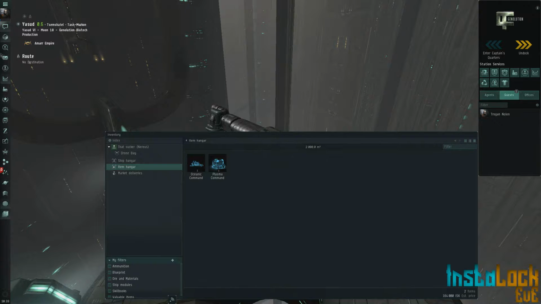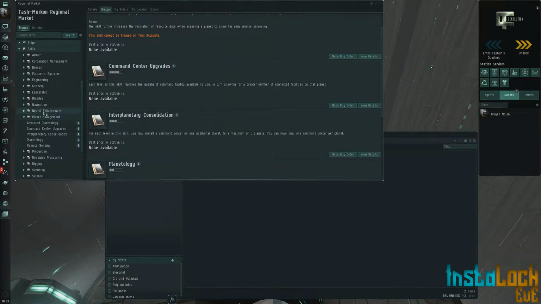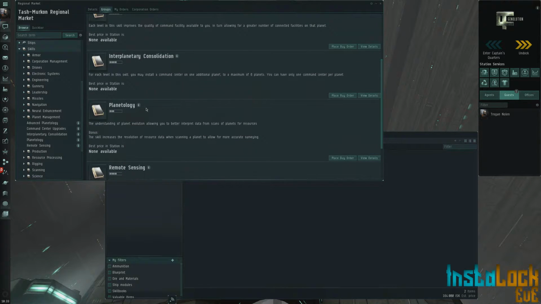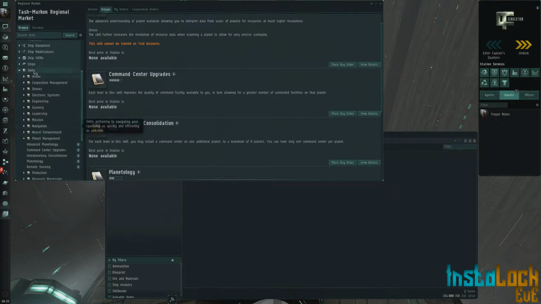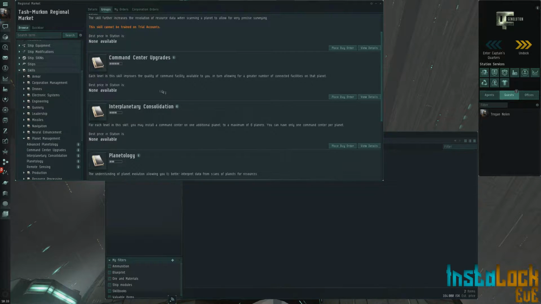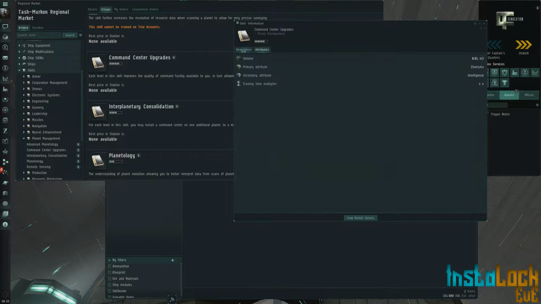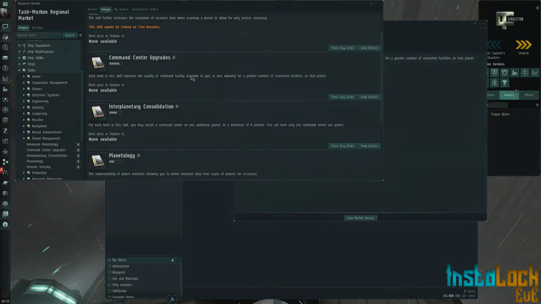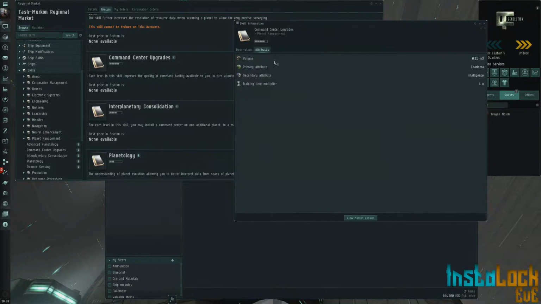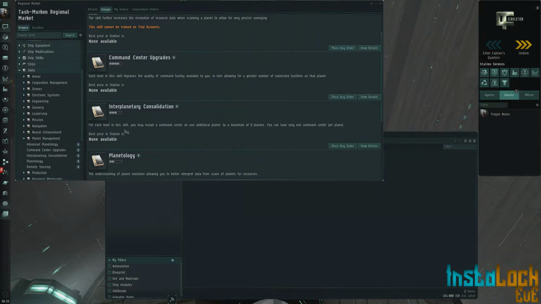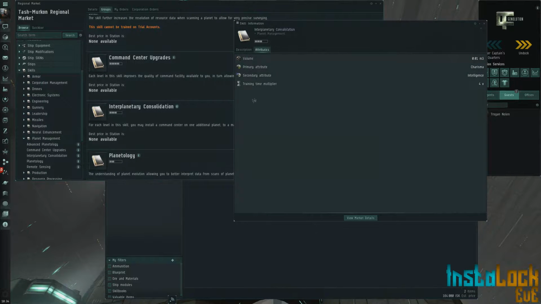So yeah, let's see if I can find my market here. All the skill books related to planetary interaction are under the skills tab and under planet management in the market. So the basic skill is command center upgrades, and this one will allow you to increase the CPU on your planet, and the other one is interplanetary